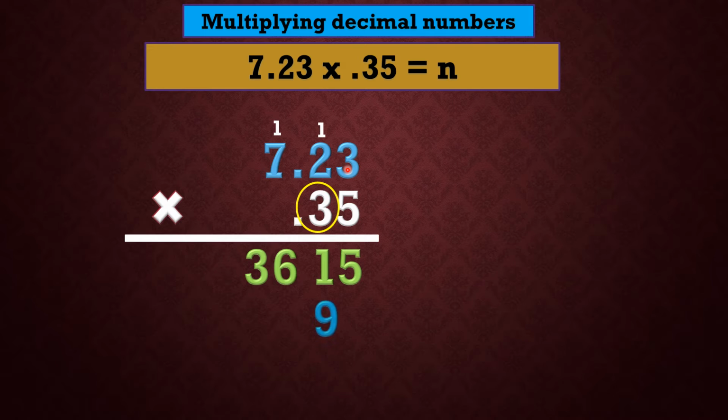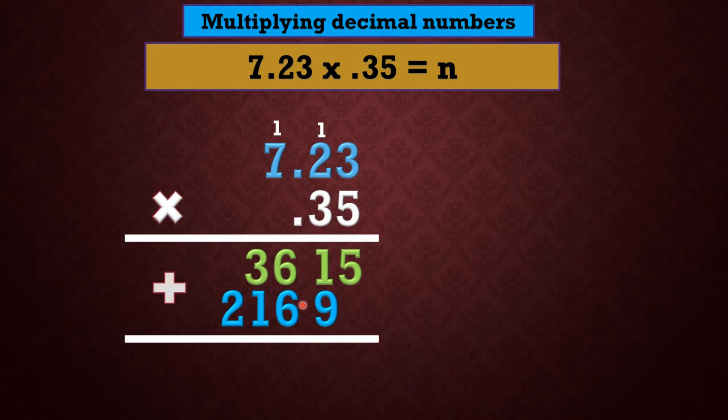So 3 times 3, we have 9. 3 times 2, we have 6. 3 times 7, we have 21. So, ito na yung partial product natin. So, we're going to add them. So, 5 plus 0, bring down 5. 9 plus 1, we have 10, bring down 0, and of course, carry 1. 6 plus 6, we have 12, plus 1, 13, carry 1. 3 plus 1, we have 4 plus 1, gives us 5, and bring down 2. So, our answer is